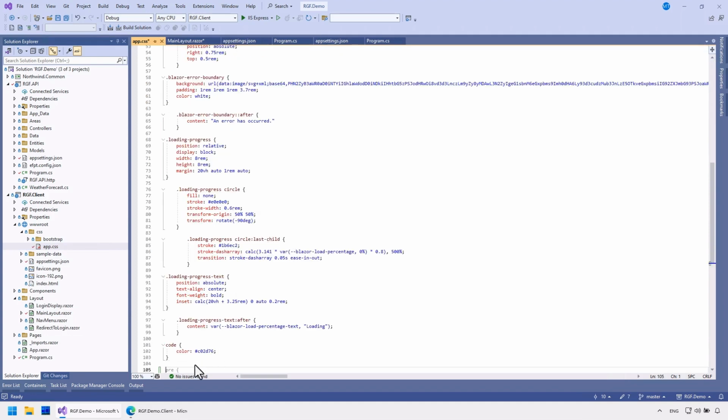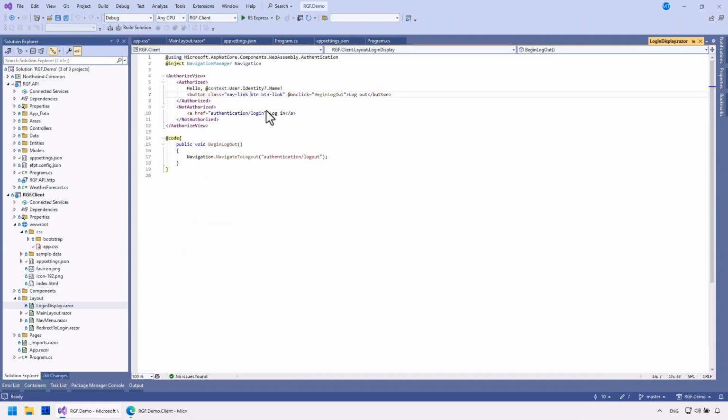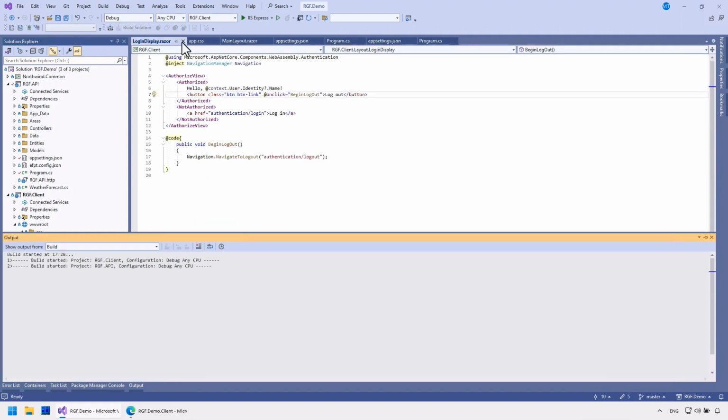I'll add some formatting for minimal design. I'll build and launch both applications.